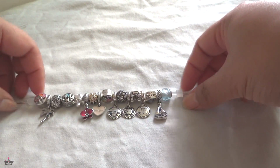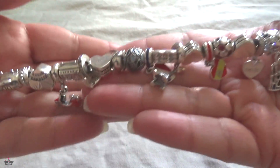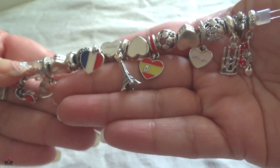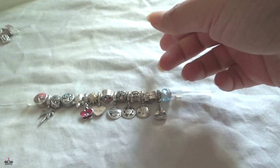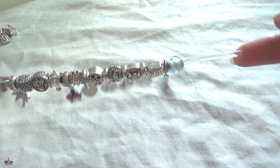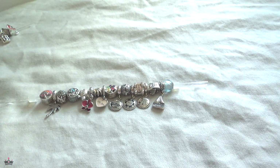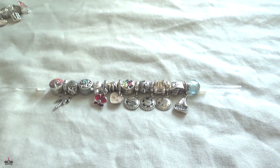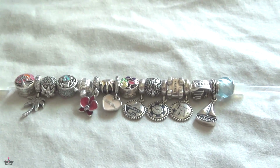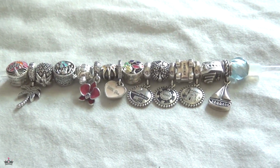Okay, so initially I had my first travel bracelet, which is this one. This is my first travel bracelet I started on, but this is Europe. I'm going to put that later. We're going to talk about this travel bracelet, which I just started maybe a couple months ago. I thought it'd be kind of cool to feature... Why are you kicking me? Okay. My dog. To feature...